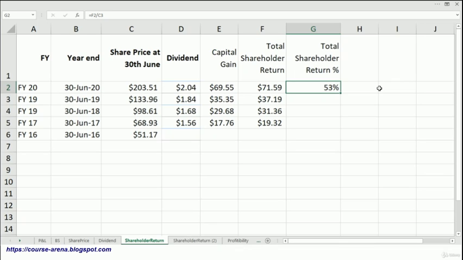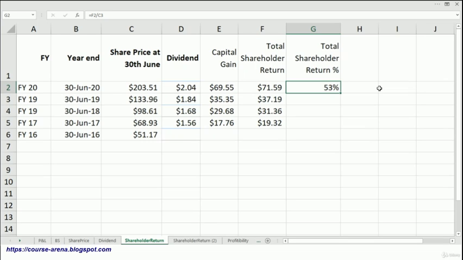So Microsoft shareholders have made a 53% return over their investment in fiscal year 2020, and that is definitely an amazing return, considering that if you deposit your money into the bank in the United States, you can hardly earn 1.2%. So this return seems very smart, but now you must be thinking that we must be comparing this return with other companies, that what if we had invested this money into other companies, how much return we could have made. Well, that is absolutely right, you can consider that.